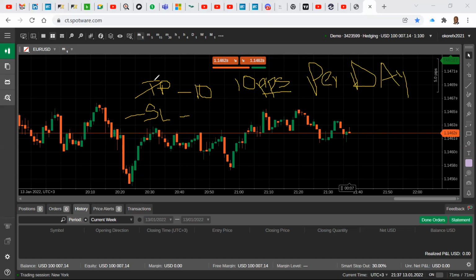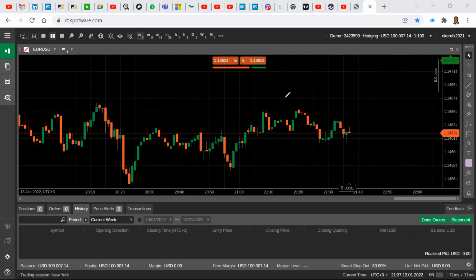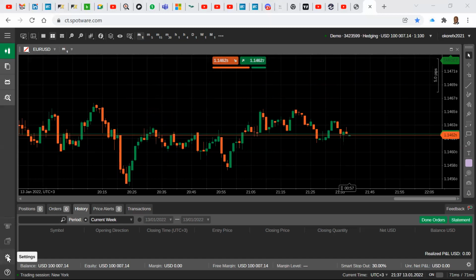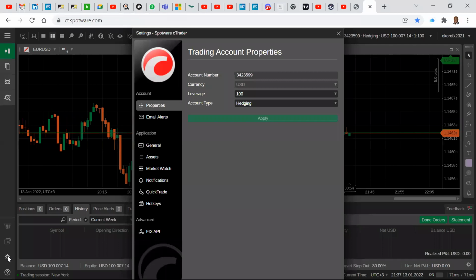So we want now to set this take profit and stop loss so it is automated. And how do we do that? We come here, like I said, on the setting on the left-hand side here. You click on it. Okay, you saw me clicking. I clicked on it. And you see,